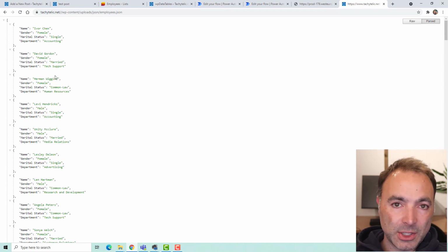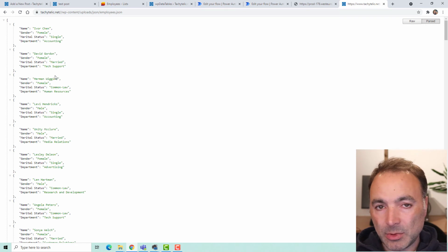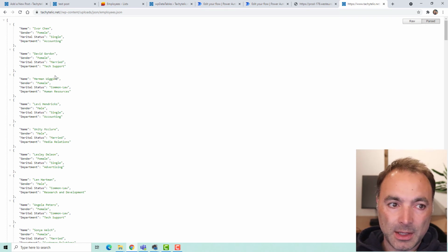So the advantage of this method is that it doesn't require Power Automate Premium. The response to the end user will be quicker. It won't use as many flow runs if your site is busy because it will just run once every half an hour. The disadvantage is obviously this data isn't live.